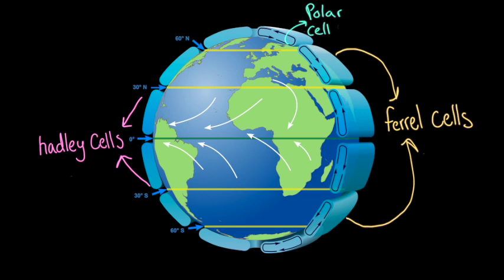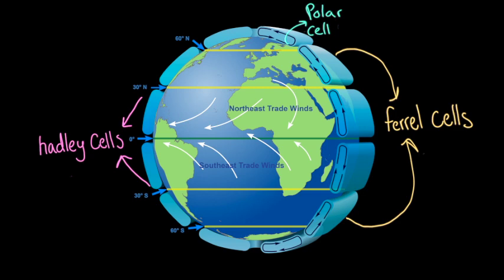Let's take a look at what happens on the bottom half of each convection cell, the parts closer to the ground. Because these parts are closer to us, we experience the air movement as wind. So on the bottom of this convection cell, the Hadley cells, the cold air is moving towards the equator. So that means that the prevailing winds would also be moving towards the equator. Winds are named after where they come from. So these two winds are called the northeast and southeast trade winds because they come from the northeast and southeast